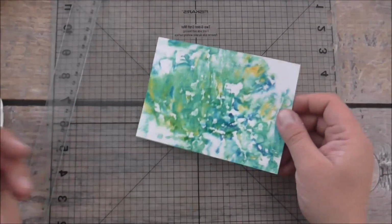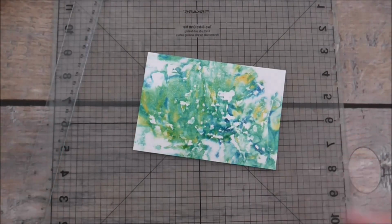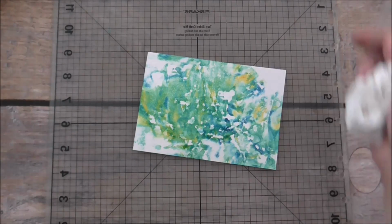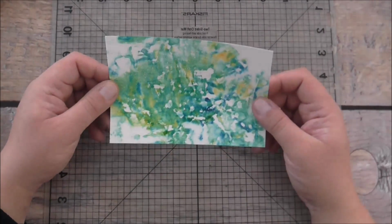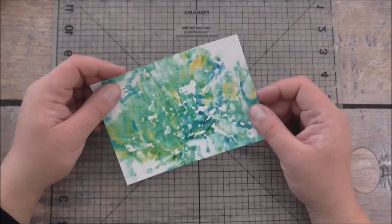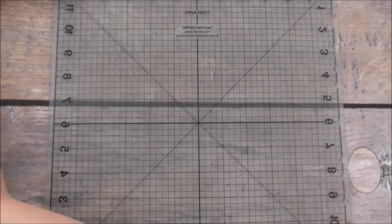So I've decided that I'm going to use this as a background on a card, but with it being the hero of the whole card, because I think the technique itself is simple, it's effective, it's a little messy, but it's totally worth it. You can go crazy, and if you're stuck for ideas when it comes to masculine cards, this is fantastic. So I'll just grab a piece of Whisper White cardstock,